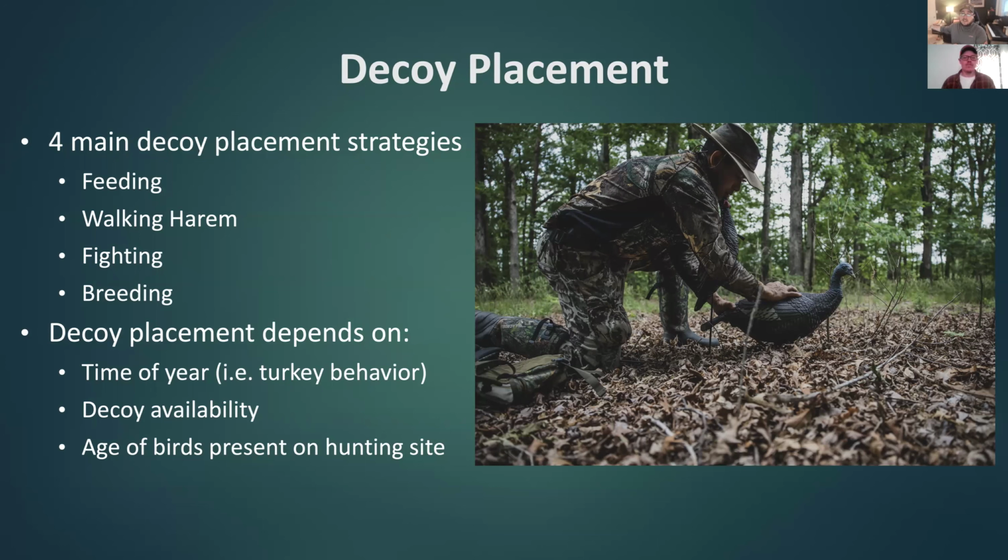So you may not even see that turkey. You may start calling to him, he peeks out, sees that big mature tom decoy, and he's gone. For me, again, I just want to harvest whatever I can that's a legal bird. So if I'm using a male decoy, I'm going to skew towards an immature Jake decoy. A Jake decoy is still going to pull in that mature tom, and it can still pull in an immature bird, where a mature decoy may only pull in other mature birds. So just keep that in mind.